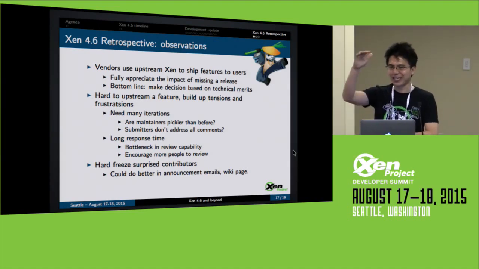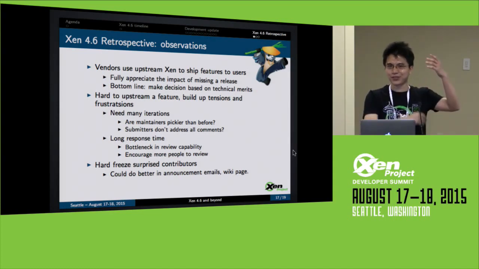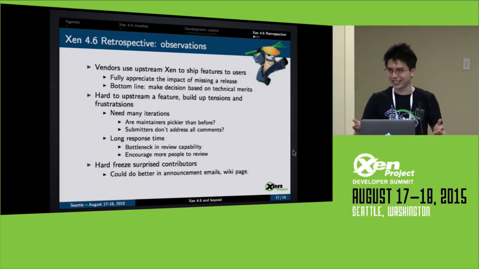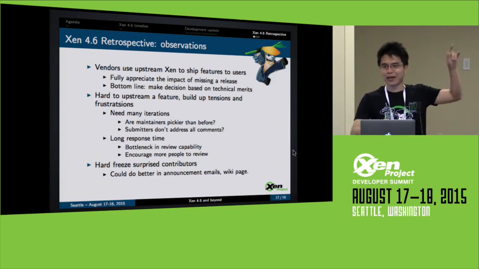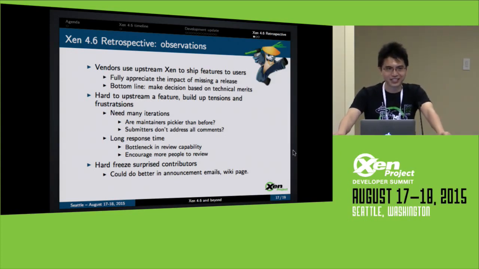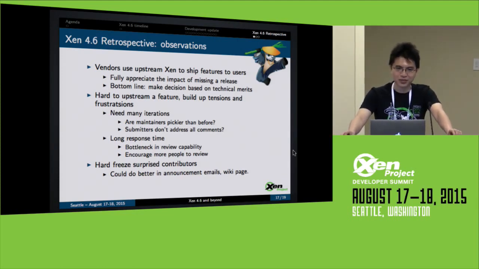Every time I send out my emails, people skip to the parts they are interested in and ignore all the preamble, which may contain important information. So I think this can be fixed by getting better at writing emails myself and writing a better wiki page about that. But in the end, we still need input from the contributors themselves about how they feel and what they think, whether they think it works or not.